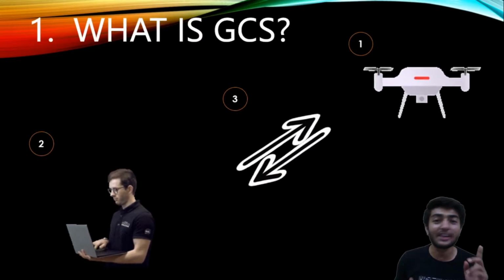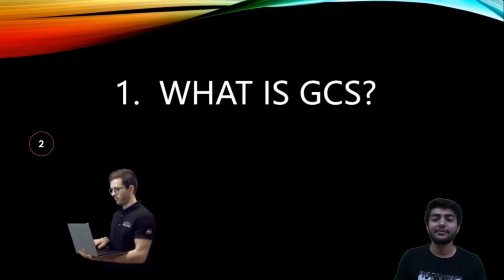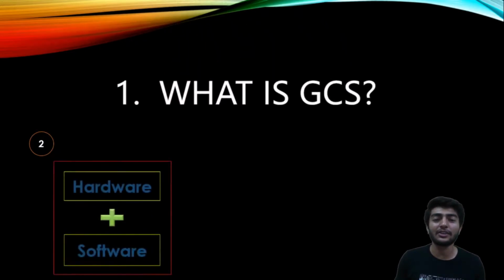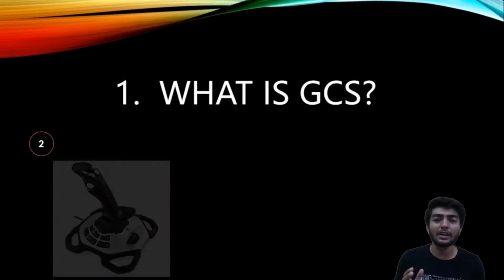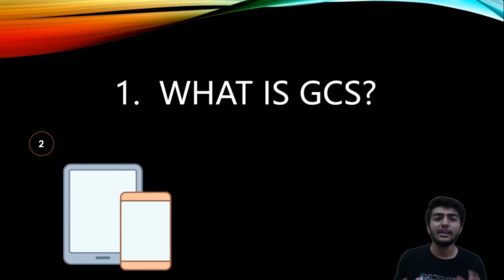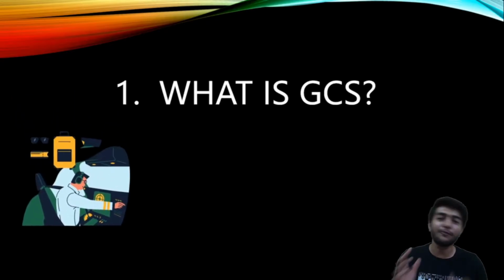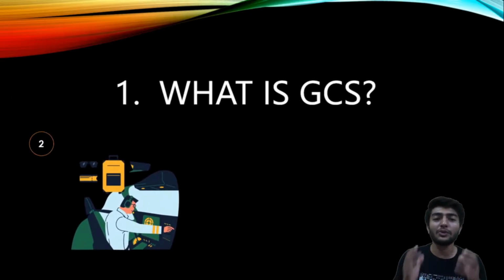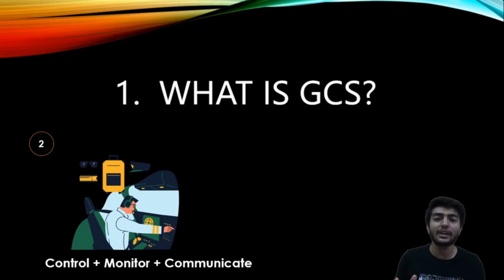The first is, what is ground control station? As I told you before, ground control station is a set of ground-based hardware and software that allow drone operators to communicate with and control a drone and its payload too. Yes, you can control your payload too with the help of ground control station. Basically, it can be a joystick alone or a computer or a tablet or a mobile. In layman's terms, the things which are on the ground or off-board from the drone and through which you can control or monitor or communicate with the drone come under the ground control station.